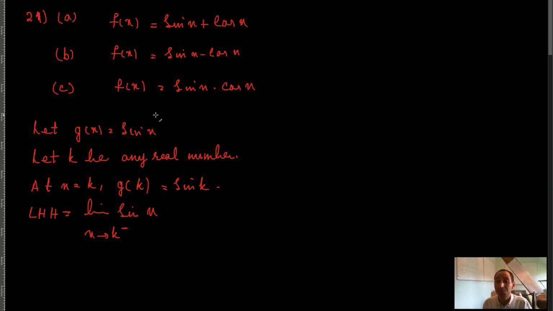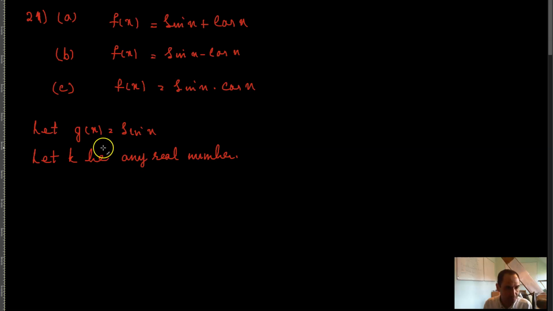Of course, you know the condition for any function to be a continuous function. So basically if I say that, for example, let g of x be equal to sine x, meaning that sine x is some function g of x, I'm just considering the sine function. And let k be any real number, and of course you know that the sine function is defined for all real numbers. So if I imagine that k is any real number, then I need to show that basically the sine function,